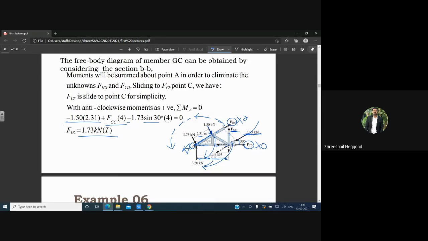This numerical you can solve by the joint method also. Verify the answers, whether you will be getting the same answer or not by your previous method, that is the joint method. For these particular members, you can verify by that method also. Are you getting the same answers? Yes, sir. 1.73125. Okay, fine. The next numerical you can note down.